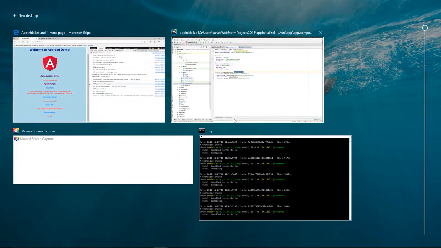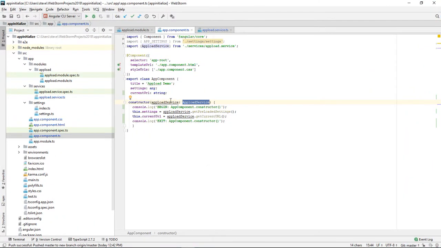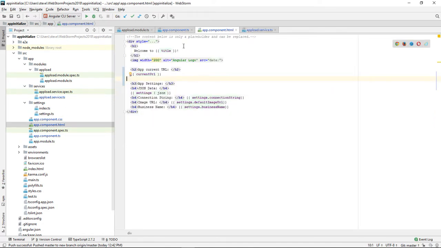I could go back and show you the code for the template, because I have my settings here, my current URL here, and all I did was put it in my template. And I put some H1 tags, some H2 tags, some H3 tags for the headers, and I displayed my JSON data by just piping my settings through a JSON pipe. I showed my current URL because I'm exposing that through my component as well. And then I have my settings object, and I just show the attributes of my settings object. And keep in mind that